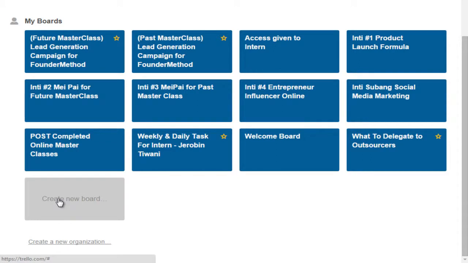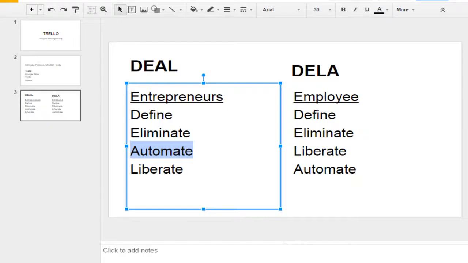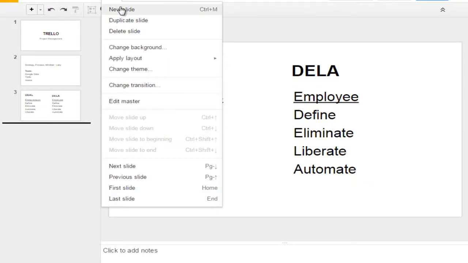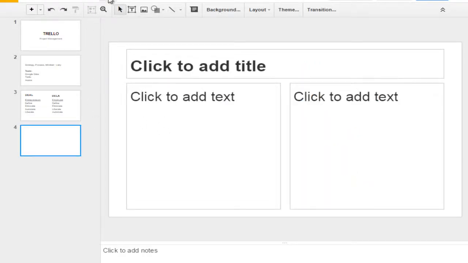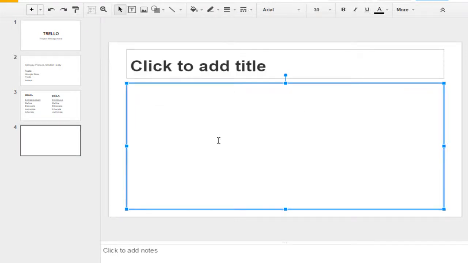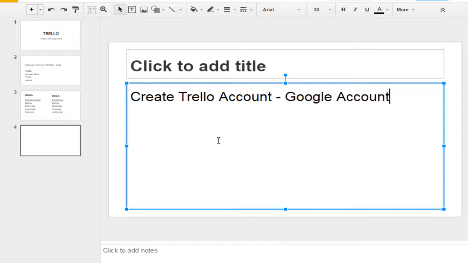So you can first start with actionable items for you to do today. Now, after viewing the presentation slide, let me see what's the actionable item. Create a Trello account. Make sure you tie it to your Google account. So if Google account means